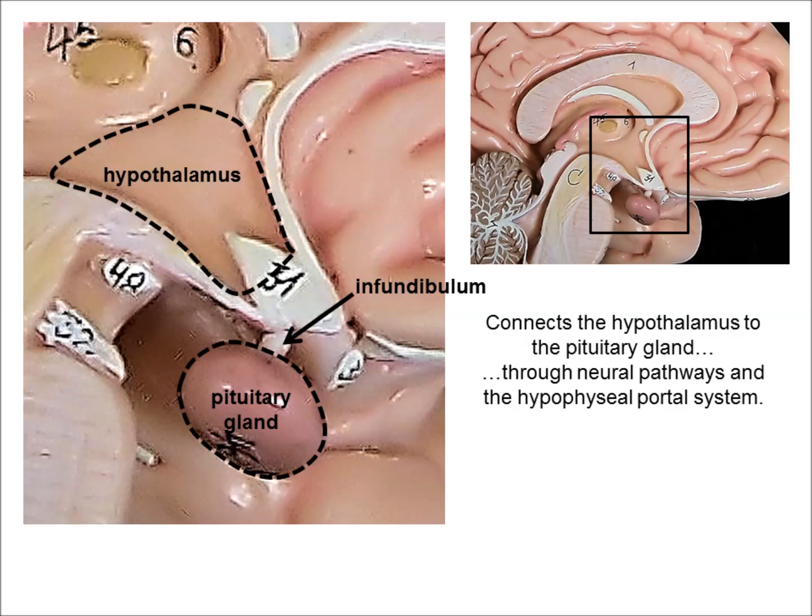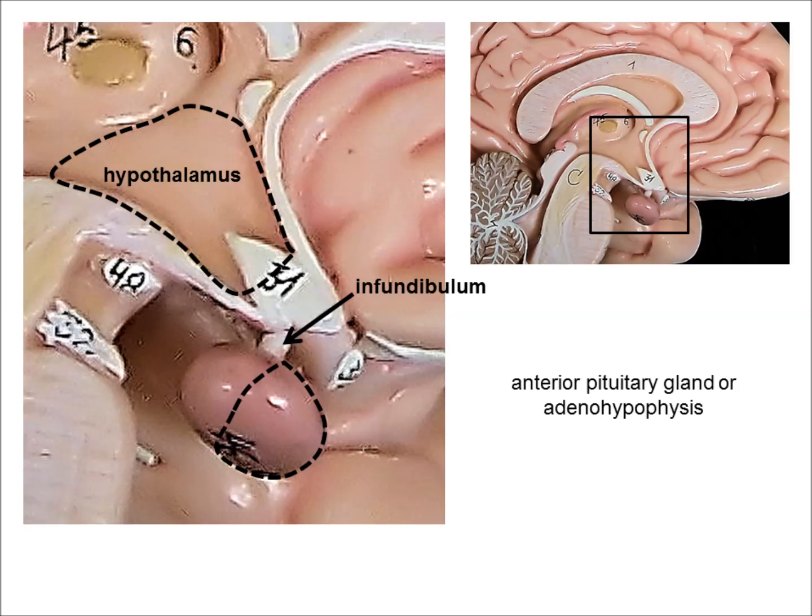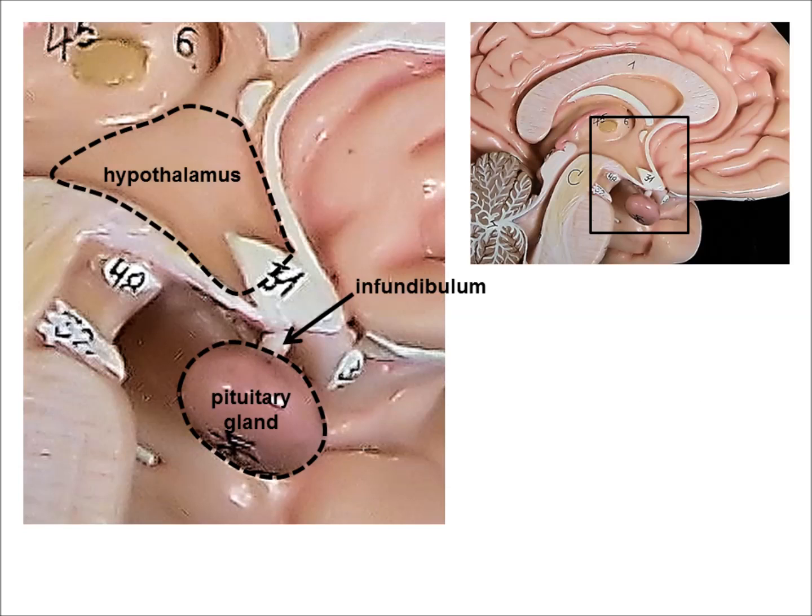Just as there are two types of pathways within the infundibulum, there are two components to the pituitary gland. The posterior portion of the pituitary gland is also called the neurohypophysis. And this is a neurologically originating component. The tissue in the posterior pituitary originates from neural tissue embryonically. And the anterior portion, the adenohypophysis, is the glandular component. And both of these components are connected to the hypothalamus through the infundibulum, and each has a slightly different relationship